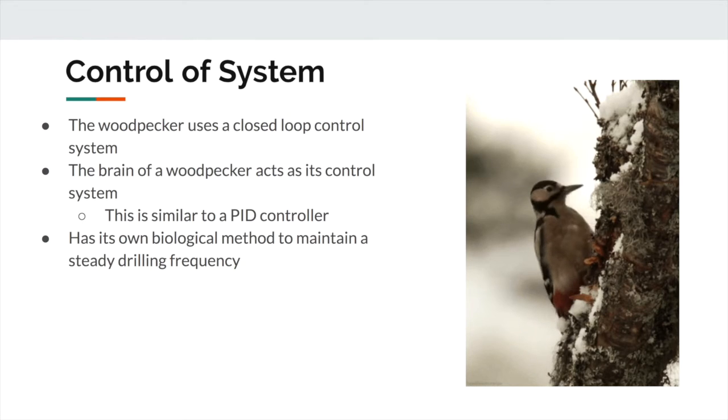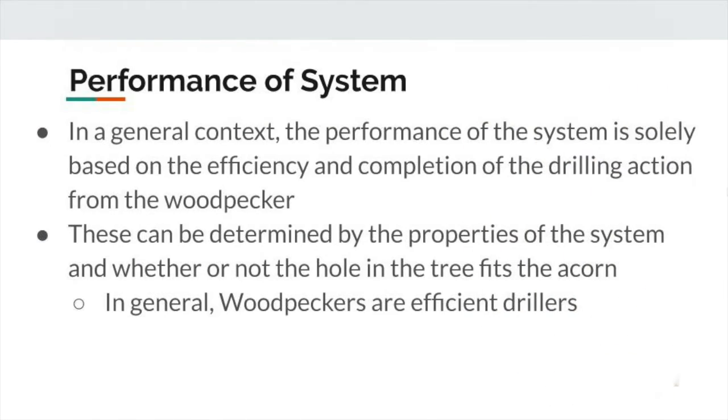As such, the system of a woodpecker drilling into a tree is continuous. Although it may seem discrete as the woodpecker takes breaks in drilling, it has been observed that the woodpecker continuously changes its outputs of drilling position and velocity. It does not maintain the same motion for a set period of time.